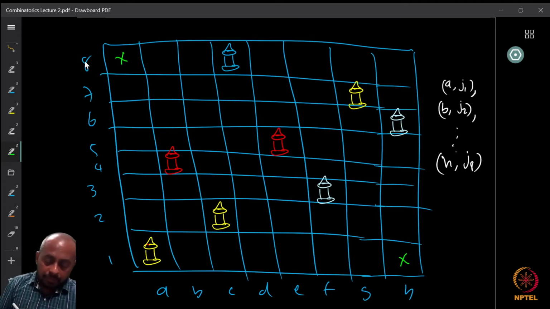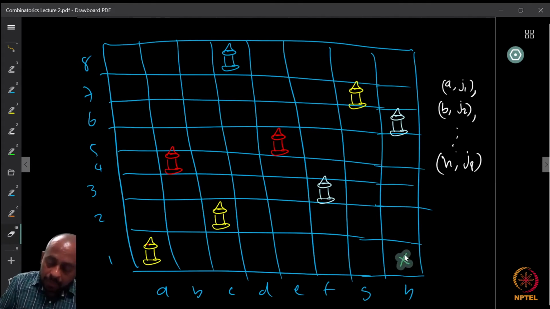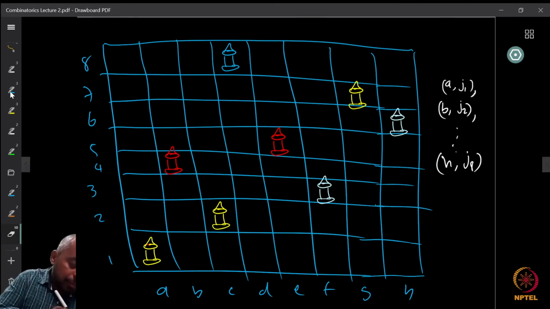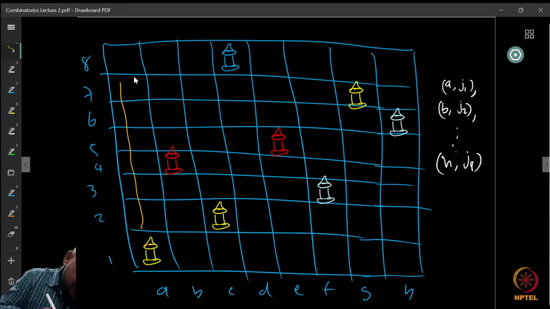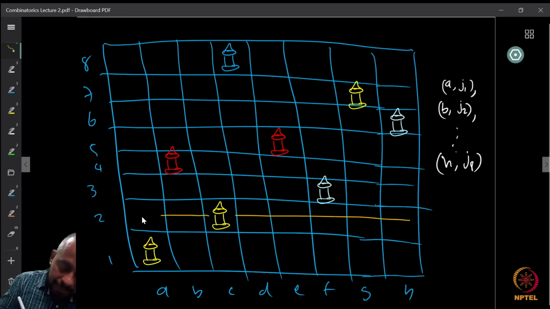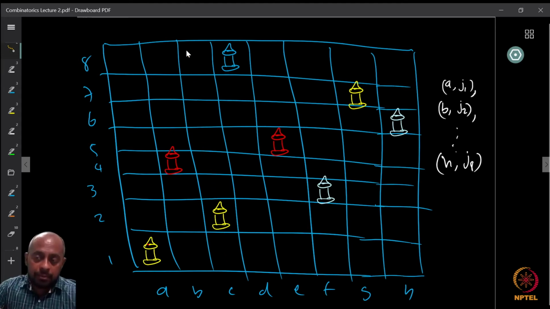Now there are these objects called rooks, which can move in the following way. A rook can move either along its rank or along its file. In one movement it can move in just one direction. So it can move this way or this way, wherever it is sitting. This one, for example, can move either this way or this way, or here, or here.